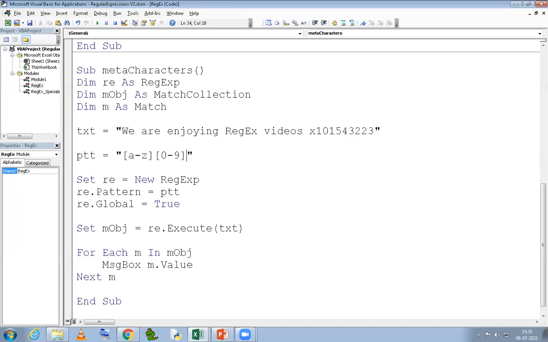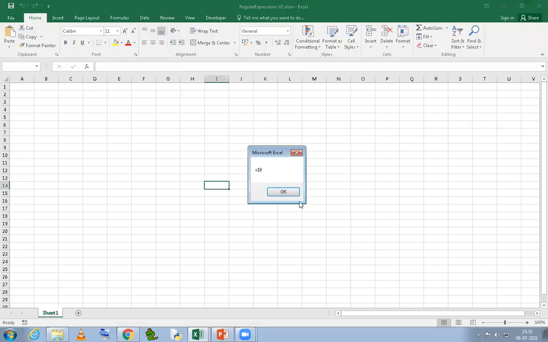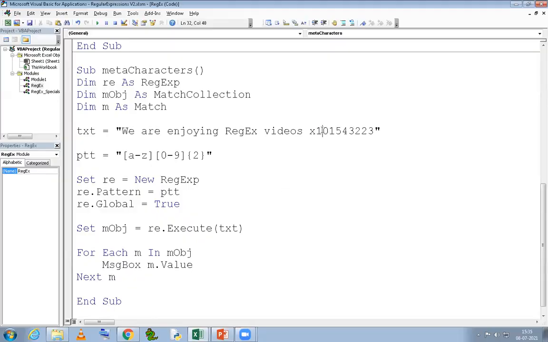But what if I say, make it only 2, not more than that. So it will only find one character and then only 2 digits. Now let's run it and see. See, x10. And now if I delete these, nothing will be found.